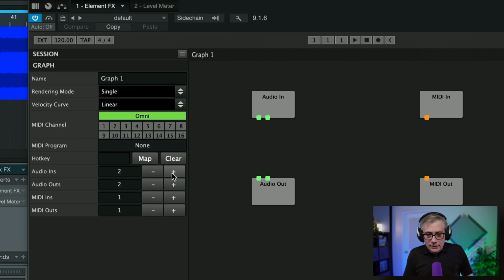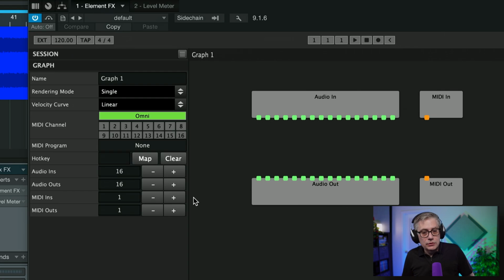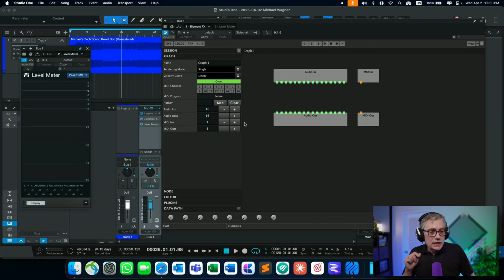So let me add additional input channels here until we reach 16, and then the same thing for the output channels. That essentially means that now Element is set up to work with all 16 channels. The next thing that we need to do is load Plug Data into Element.